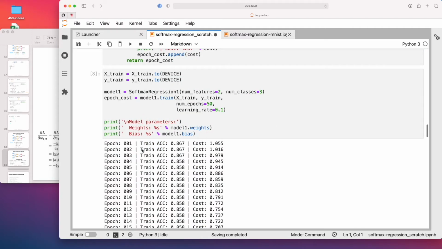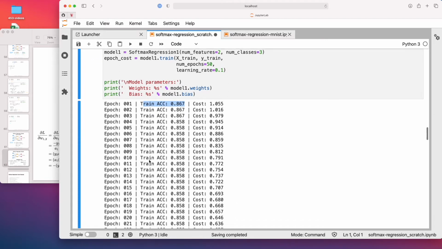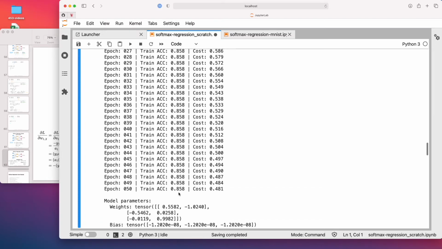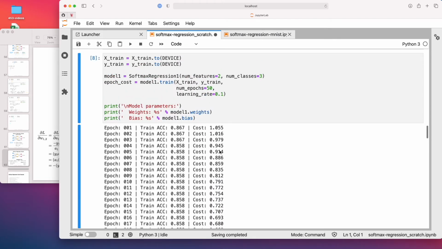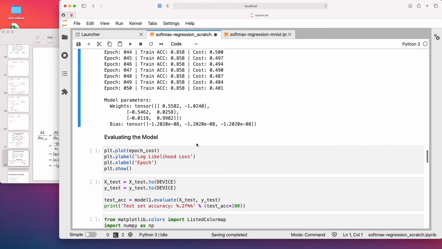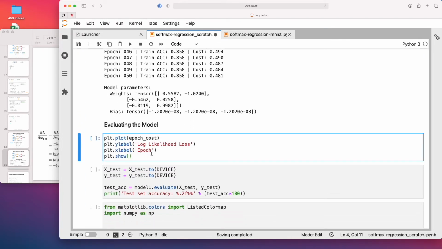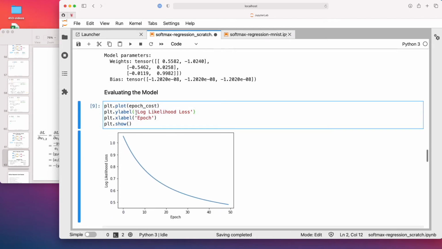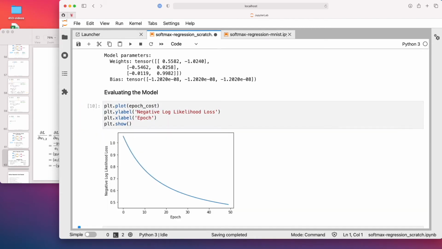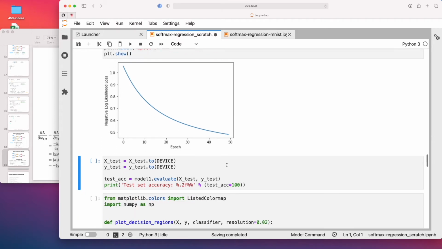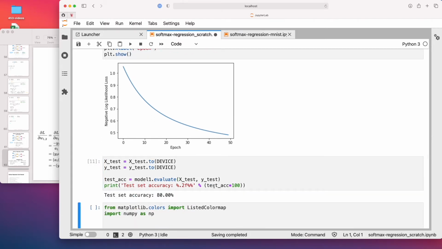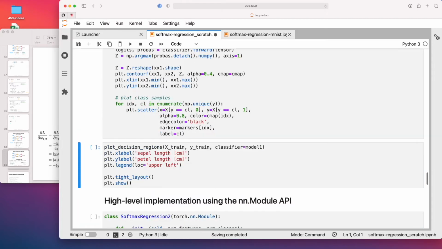All right, so we can see after the first epoch, we already got a pretty good training accuracy. It actually goes down, which is interesting. But more interestingly, the cost or the loss also goes down. So I think it is really due to noise that the training accuracy goes down. It's probably overfitting here. But we see the loss goes down. That's our result. Let's take a look at how it looks. So we can see the loss goes down. Maybe training it more would be even better. And then let's compute the test accuracy. It's 80%.